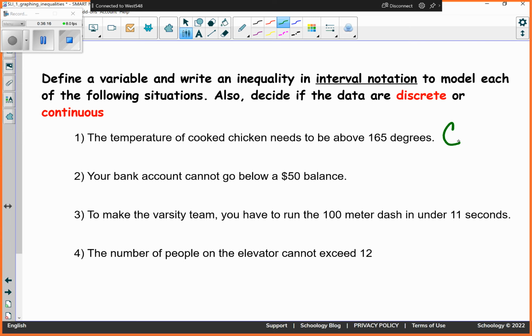Close? Pretty close? But then I turn the dial to move up my temperature on the oven. So now the oven goes from basically room temperature up to whatever temperature I set my oven at. Okay? So we agree this is continuous. So I'm going to put room temperature